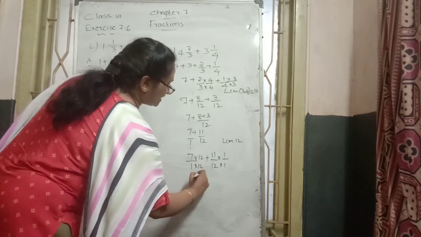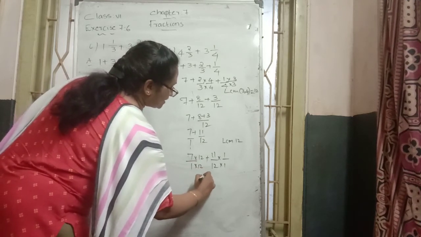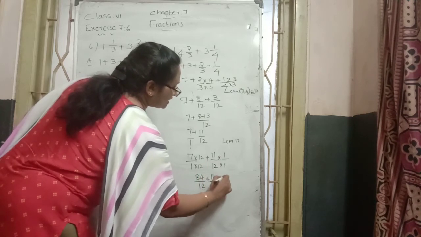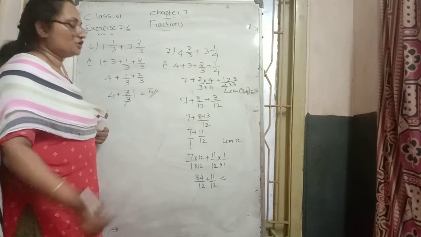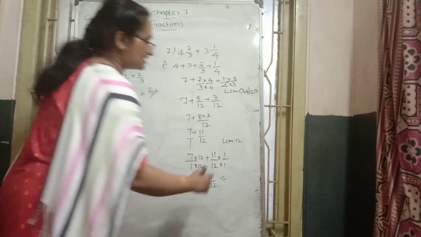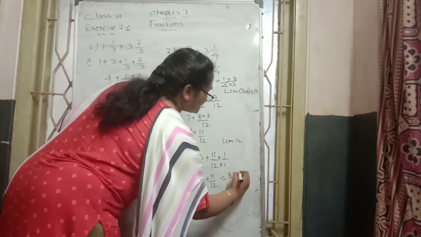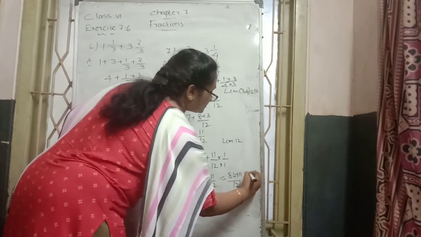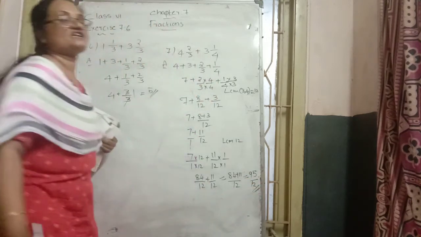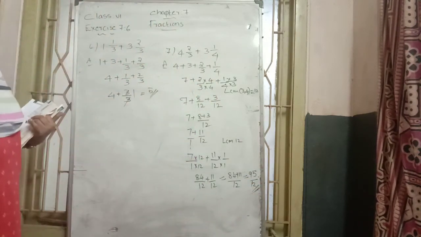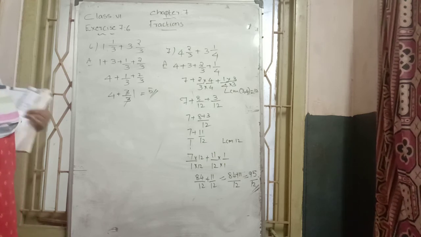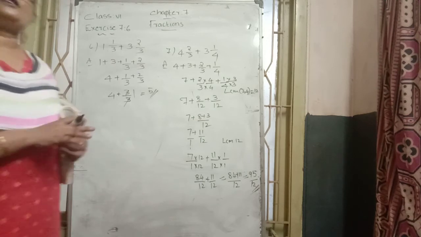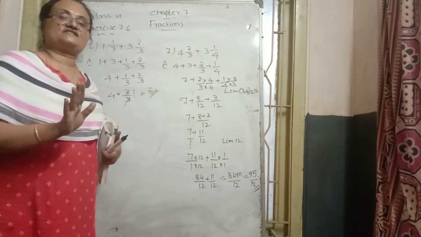7 12s are how much? Here we get 84 by 12. Here we get 11 ones are 11 by 12. See, now both of them have the same denominator. Just add 84 plus 11 and keep the same denominator 12, right? Add 4 plus 1 is 5, 8 plus 1 is 9. 95 by 12 is the final answer. This much we wanted to solve: make it the same denominator and do the calculation. I hope you can understand this procedure. Then the remaining questions we can discuss in the next class. Thank you.